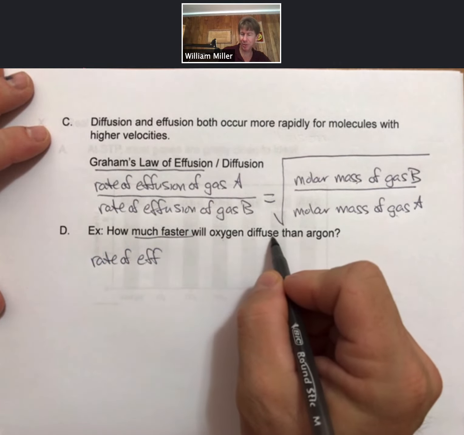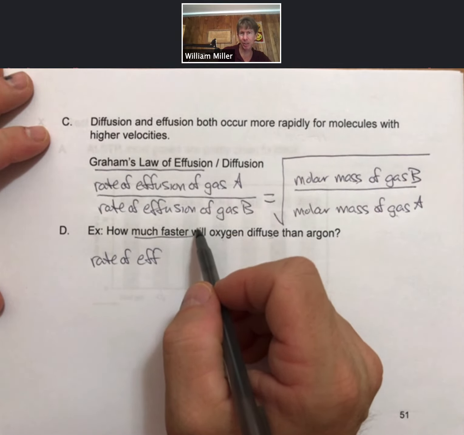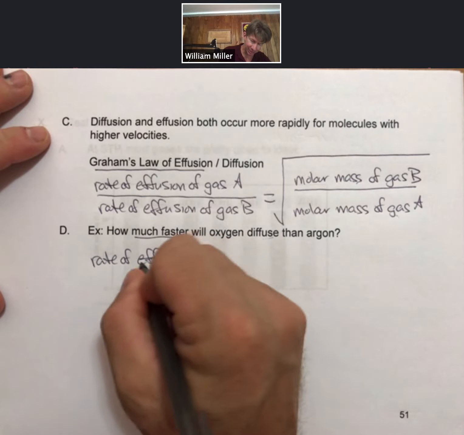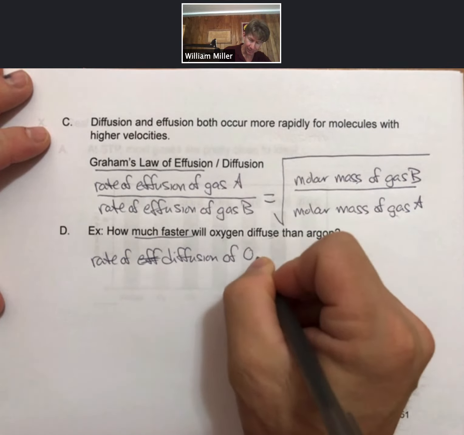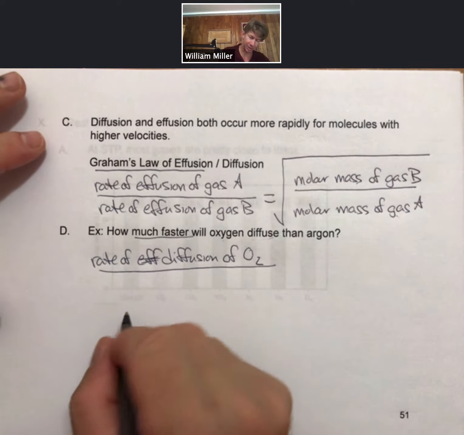It says diffuse here, but remember this gas law works for effusion and diffusion. The rate of diffusion of oxygen divided by the rate of diffusion of argon